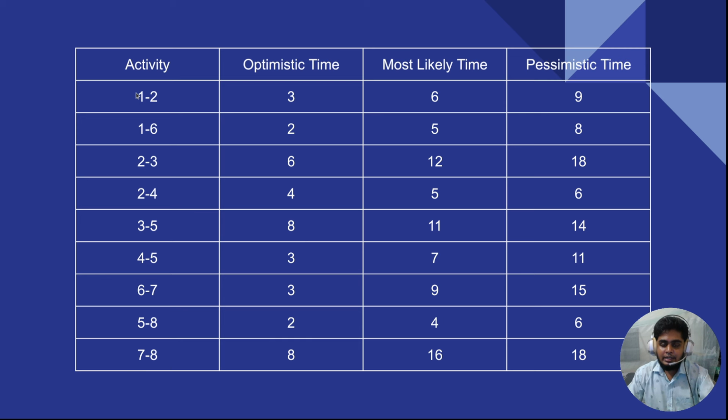Basically, there are a total of 8 activities, 1 to 8. Okay, and these are the values of optimistic time, most likely time, and pessimistic time. And I already discussed what this means in the third or fourth slide, as far as I can remember. Okay, so